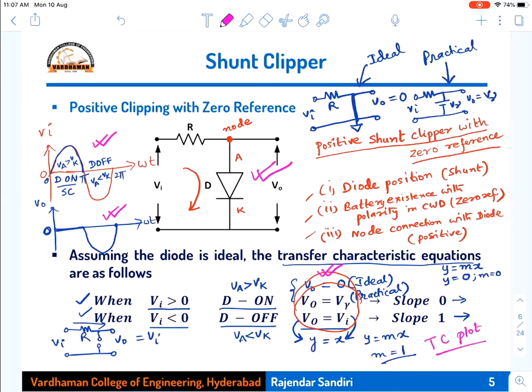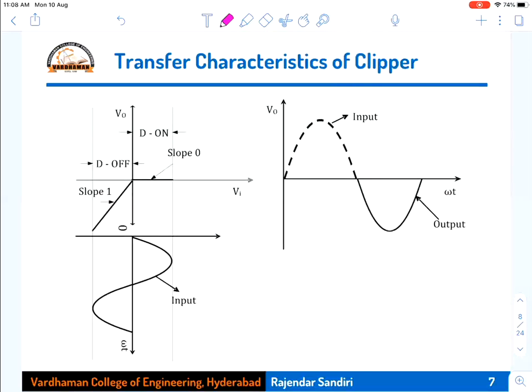That means out of these five, including the name of the circuit, if any one information is given, you have to extract all the others by just looking at the given information. So that is the interconnectivity between all of them. The information is available in all the forms of these: diagrams or equations or name or plot. Okay. So next, this is the transfer characteristic plot.